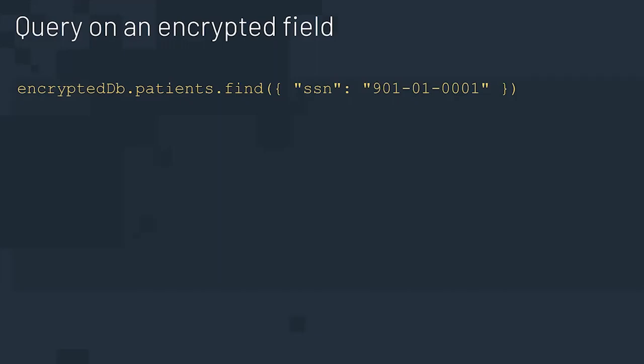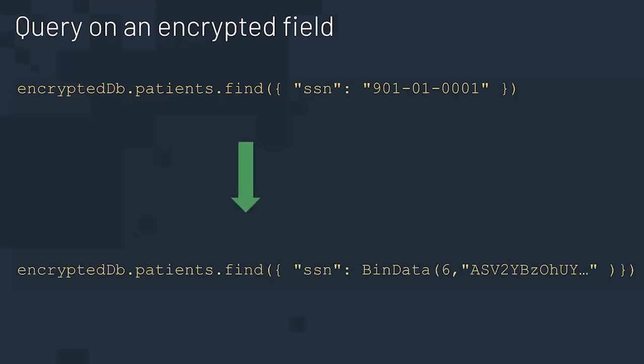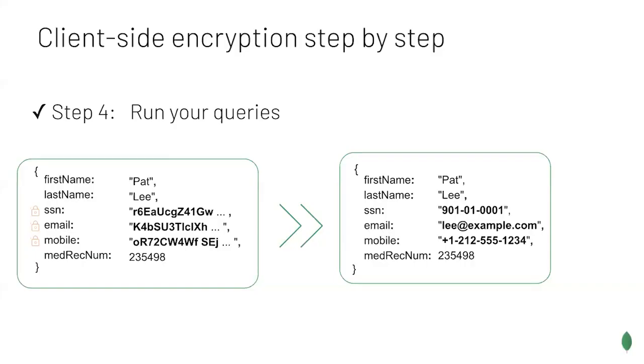And so what does that mean in terms of the way field level encryption works? Well, it turns out we also encrypt queries, right? So as a developer, you say, for example, encrypted database, patients find this plain text social security number. What we actually ask the database for is find all the records that have a field called SSN with this encrypted value. And so that's really powerful. So the database doesn't even know what it is that you're asking. Okay, next.